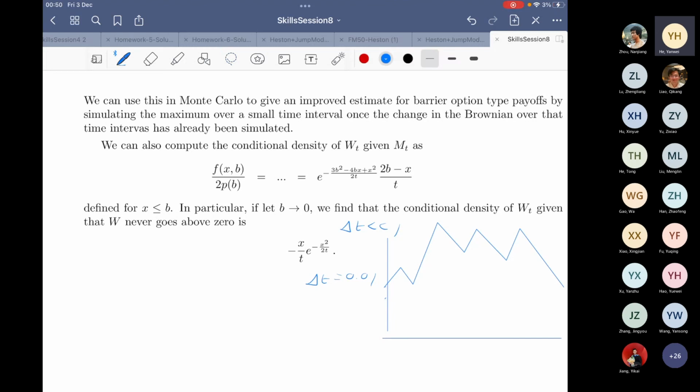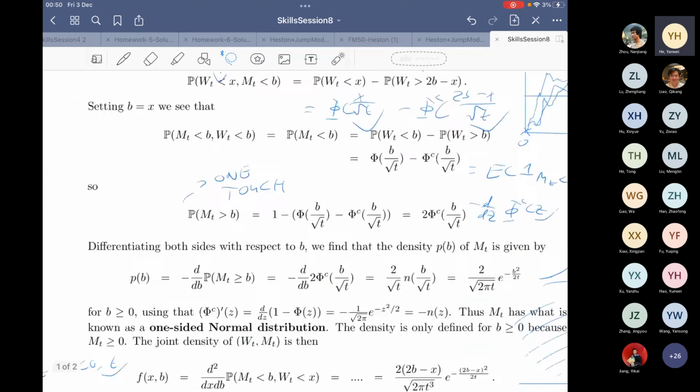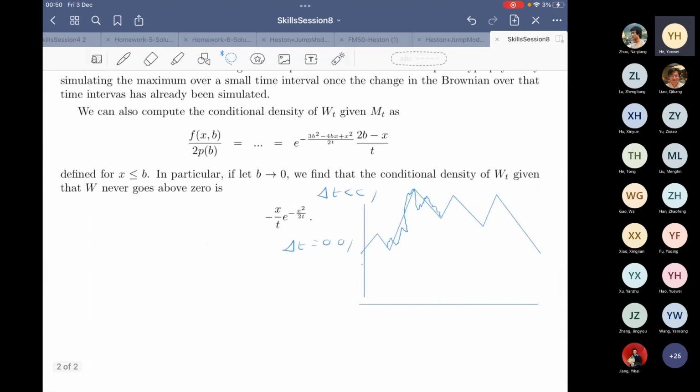But the problem is, even if you simulate the Brownian motion like this, we don't know what the maximum did over this. The true theoretical Brownian motion would have been moving around like this in the interim. On the computer, simulating the Brownian motion in this jagged way is only an approximation to the true Brownian motion. This formula gives you a way of saying, if we know that our Brownian motion went from here to here, what is the conditional distribution of the maximum in between that range? Then you can make an additional simulation of the maximum,